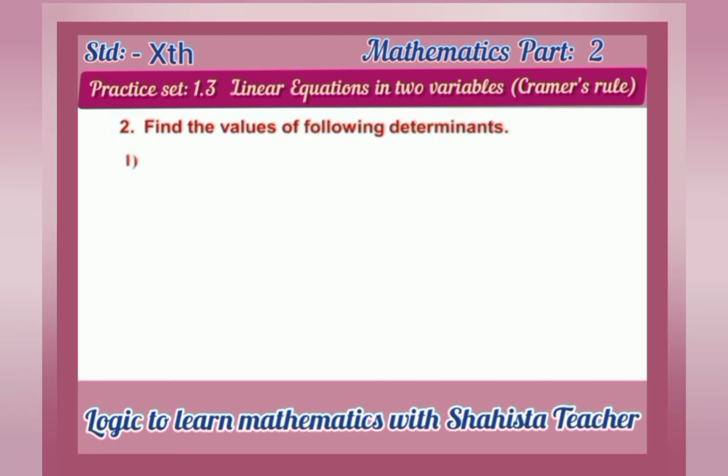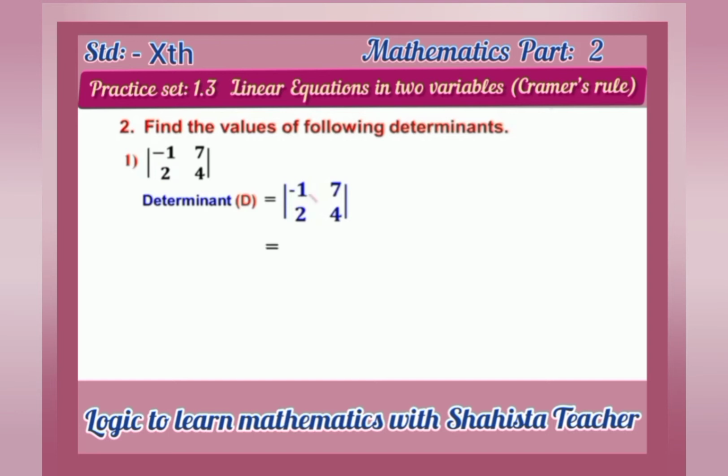So question number 2, sub question 1 says that, here inside this matrix, minus 1, 7, 2, 4. So determinant D is equal to, see this capital D stands for determinant, D is equal to minus 1, 7, 2, 4. So now here minus 1 will multiply by 4 and 7 will multiply by 2.